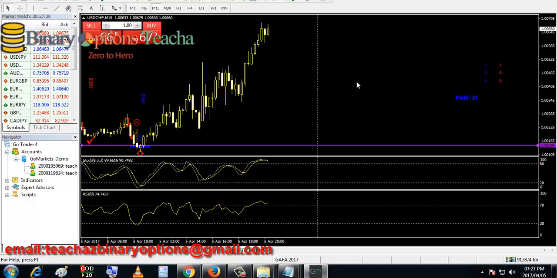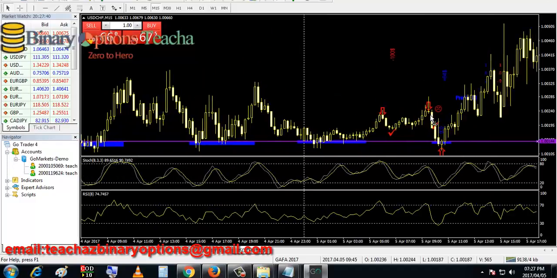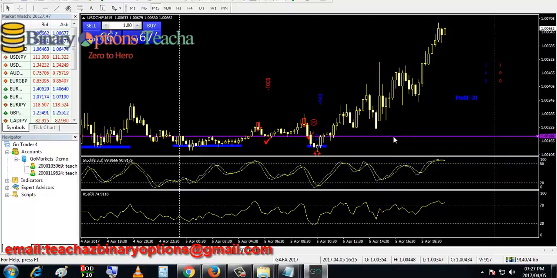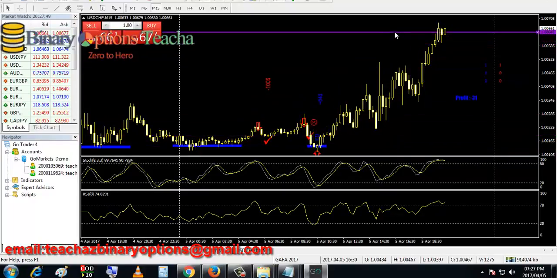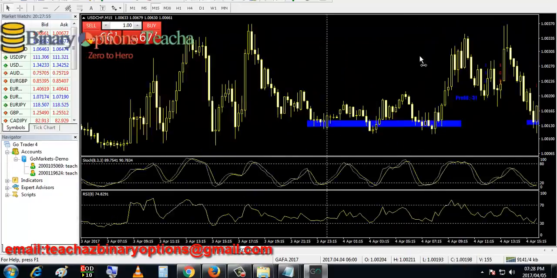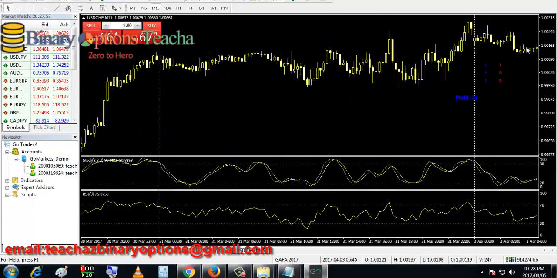Okay, on this one, it's confirming that the stochastics is above 80, which is okay, and the RSI is above 70, which is also okay. So now we want to check with the price action. So I put a trend line,